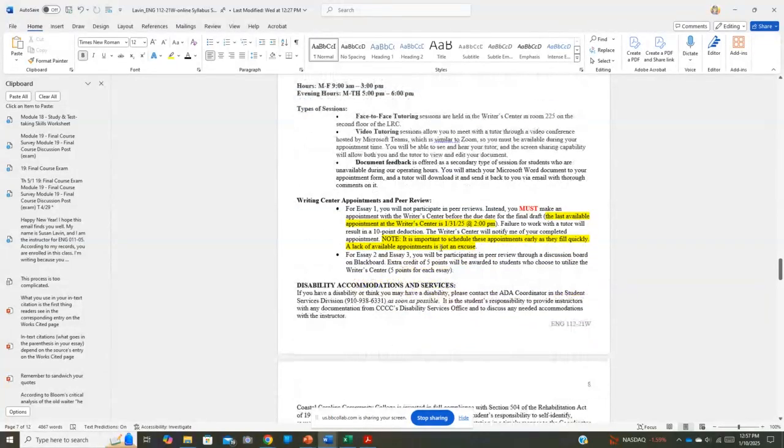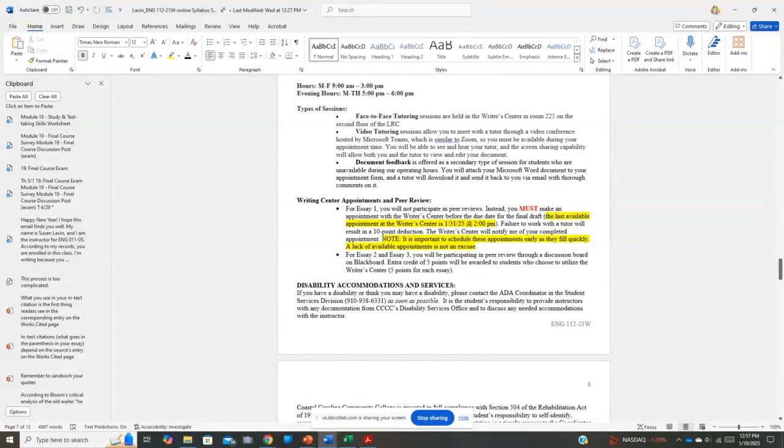Again, you'll have to schedule these appointments. The last appointment that you can do before your paper is due is 1/31/25. And you don't need to notify me of your completed appointment. The Writer Center will let me know. However, there is an assignment where I will have you send me a screenshot of your appointment to make sure you understand how to make the appointment. Now, if you change it, you don't need to email me back. I just need that initial one